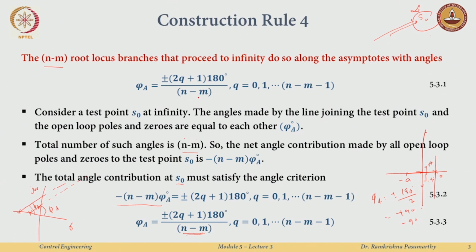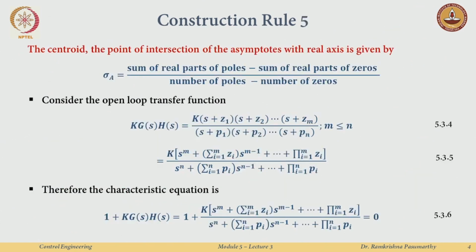If there is only one, say for example, if I am just looking at 1 over s plus 1, right, as my g times h, I can just draw the root locus. So, this is going to infinity. The angle would just be minus 180 or plus 180, both are the same, right, either this or this. We will just keep on going to this side. Okay. Now,